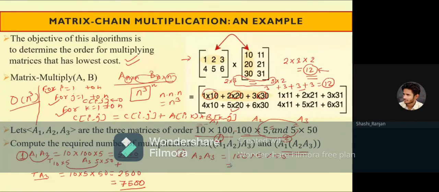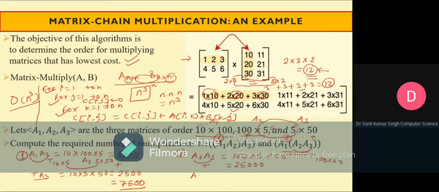25,000. Okay. You people can help me for computing it. Otherwise, it will take time. So let's call this t. Now this t will be multiplied with a1. Now we have to find the order of t. So order of t is going to be 100 cross 50. Now find out the t.